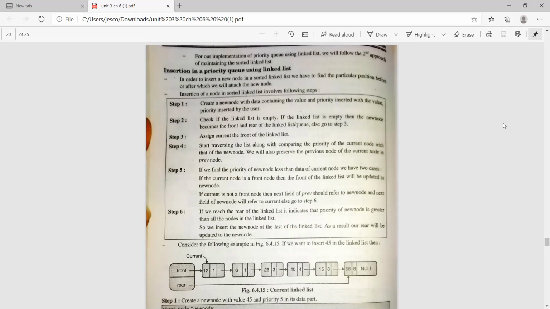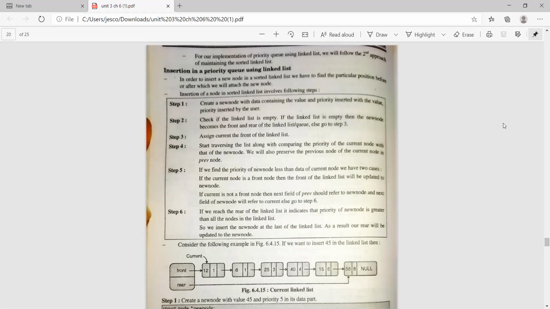So step number 5: if we find the priority of the new node is less than the current node, we have two cases. First case, if the current node is the front node, then the front of the linked list will be updated to the new node. Yes, if the new node's priority is less than the current node's priority, then our new node will be the new front, because it has the lowest priority.